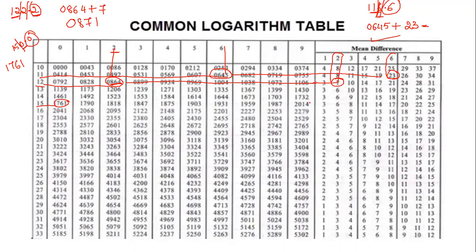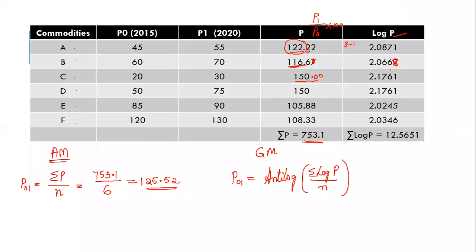But is there a value for 0 here? No. So what do you have to do? You do not have to consider it. So what is our value? 1761. So you have to write 1761. Now here, for 0.00, how many digits did we have before the point? 3. So 3 minus 1, 2. So like this you have to see the log table and find the answer.